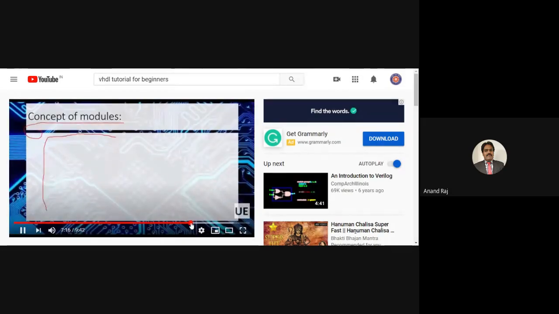If I want to design a very complex circuit, then what I will do is divide that circuit into sub-modules.